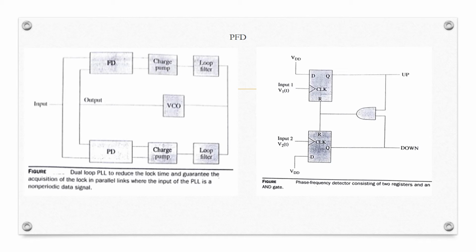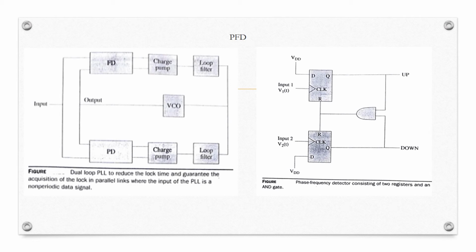When both the frequencies are not the same, first the first loop is open, and it will try to achieve frequency lock between the VCO signal and the signal which is used for the synchronization purpose. Then once the frequency of the VCO and input signal is the same, the second loop is activated, which will generate the phase error between the VCO signal and input signal, and it will bring phase lock between the input signal and VCO signal by generating the error, and slowly that error decreases as soon as we get the lock.